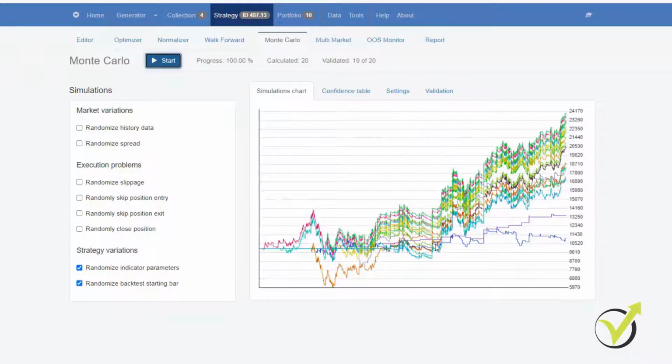Or in simple words, this is how the strategy would perform if we started at a different moment or different date. And that's an important test because obviously I just started trading with this expert advisor in the account. I traded it previously on other accounts. You will be trading it in a future moment. So this test just proves that the strategy is still profitable no matter when we start using it. And there are plenty of similar tests on the strategy builder that I'm not going to explain right now.